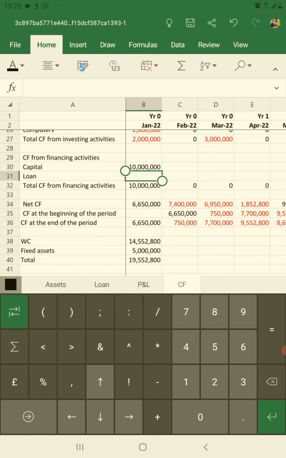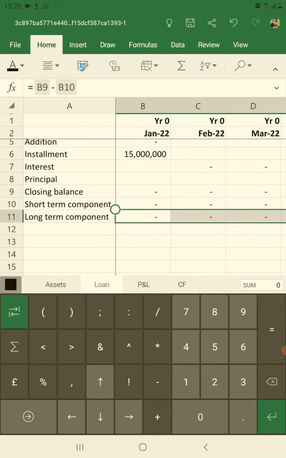And loan is 15 million. I typed at the wrong place, so I had to retype them again after removing them. So now I've typed at the right place, and in the loan computations here,